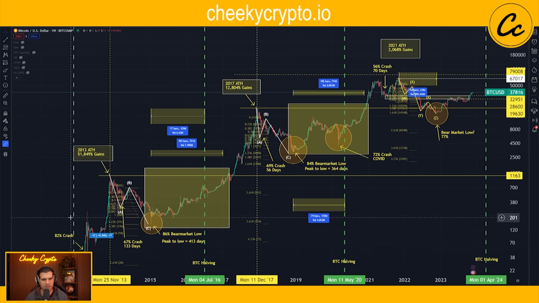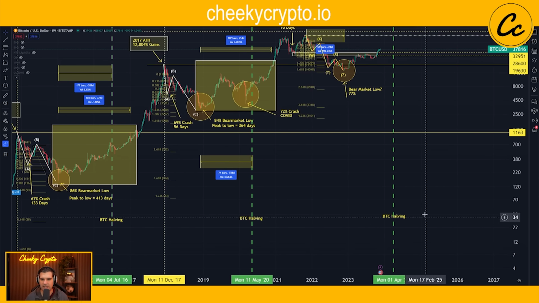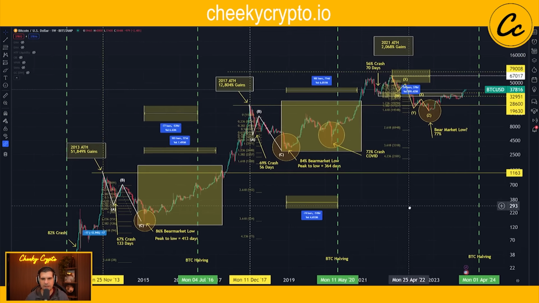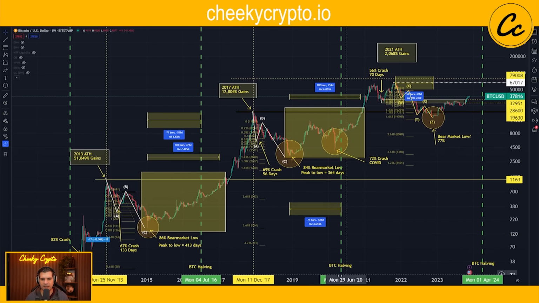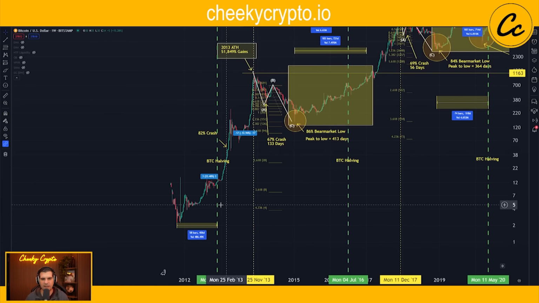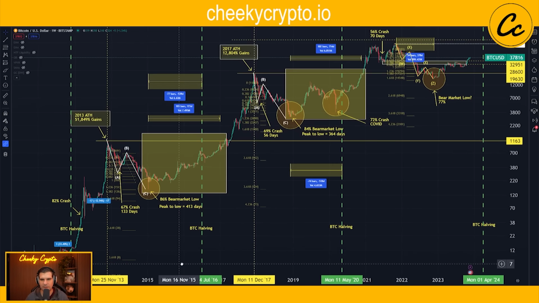The green vertical lines that you see on here represent the Bitcoin halving events. Obviously, the next one being down here, this Bitcoin halving event in April of 2024, approximately. It's not the exact date, it's just roughly around there. And we can see as well, we had one back here in week commencing Monday, the 11th of May, 2020. We have one over here, week commencing the 4th of July, 2016, and then all the way over here as well on week commencing 26th of November 2012, right? So we can see that there are some Bitcoin halving events. Let's talk about these in a little bit more detail, right?